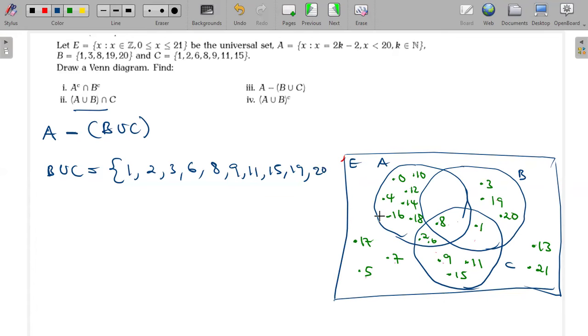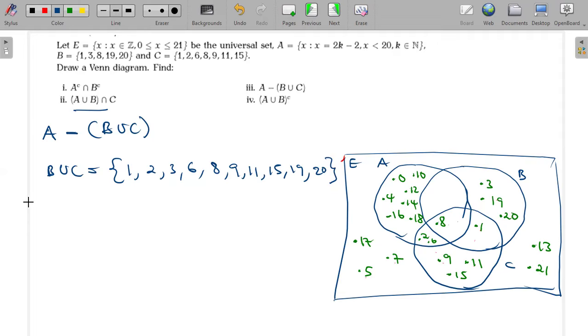Okay, so these are all elements that are in both, combining the elements that are in both A and B, and in both B and C. Okay, so now we've combined those elements, and now what we want is with this here, the set difference,